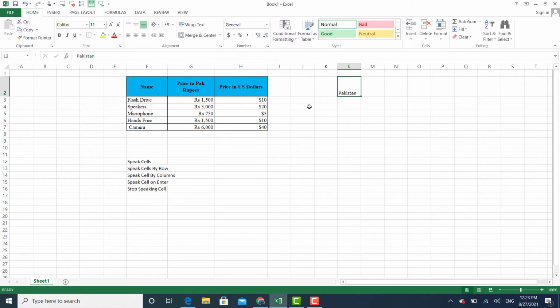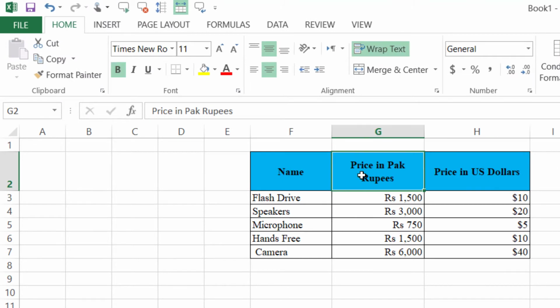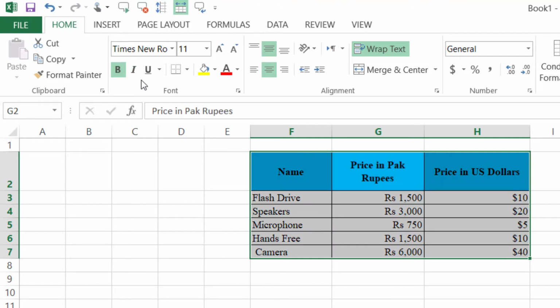Pakistan. Now what happens when I use the Speak Cell option in a table where the surrounding cells are also filled? Let's say I click on cell F2 and I press Speak Cells. Name. Price in Pak rupees. Price in US dollars.